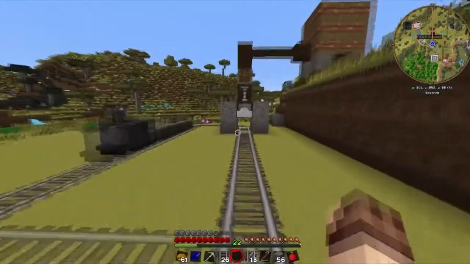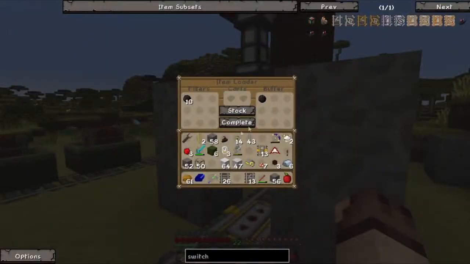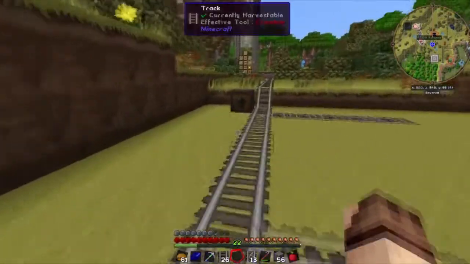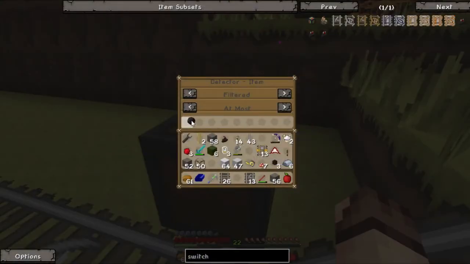Set it at most. Grab some more coal from in here. Oh, I've got one left. Now we can put charcoal or coal, it doesn't really matter. But what we'll do is I'll put that in there. And we'll say it must have